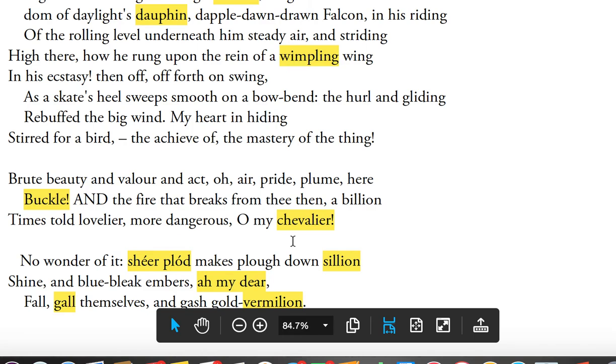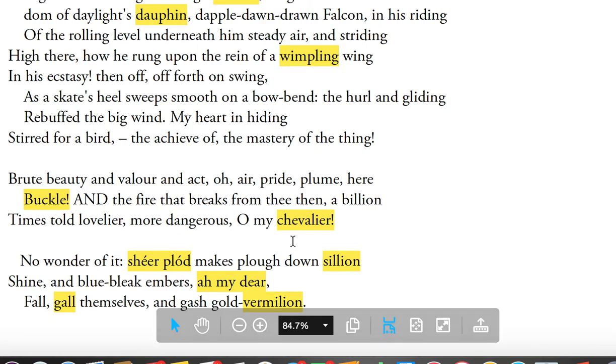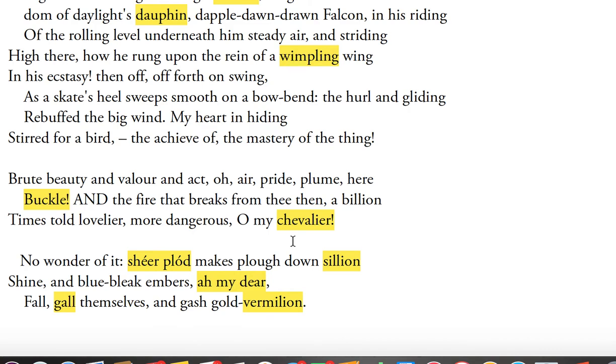He spotted it while he's out in the morning, and he's kind of relating the falcon's majesty with divine majesty. And the falcon kind of is skating off on the wind, and he's impressed with the mastery of the thing. It says, "Brute beauty and valour and act, oh, air, pride, plume, here buckle! AND the fire that breaks from thee then, a billion times told lovelier, more dangerous, O my chevalier," which